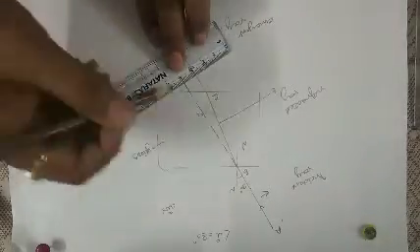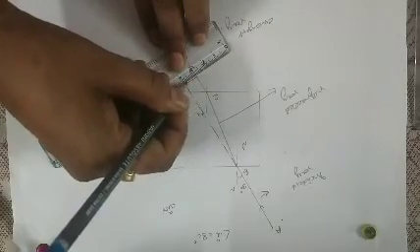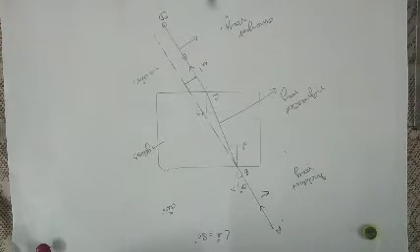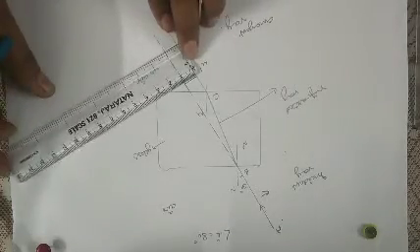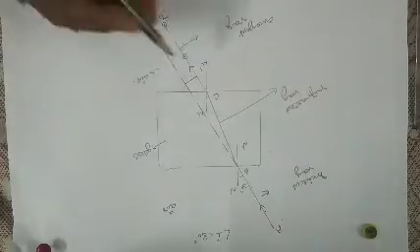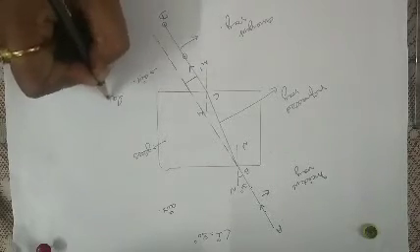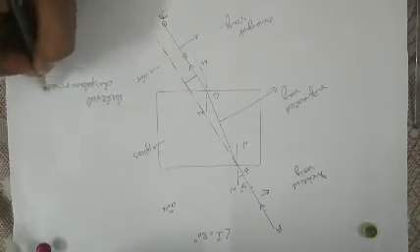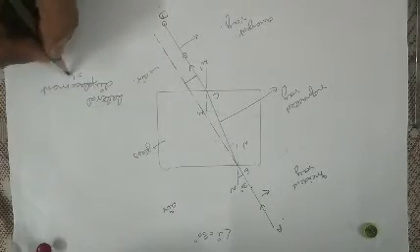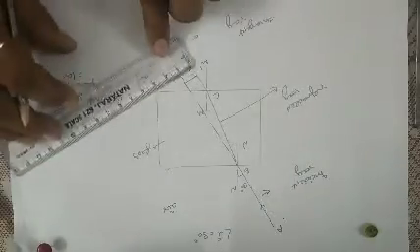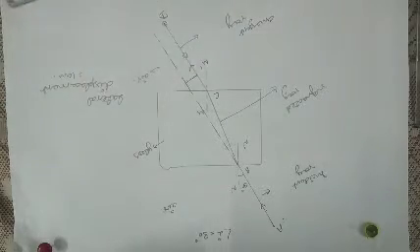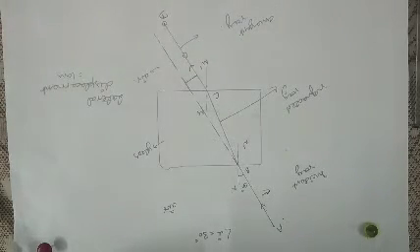Got it? Now, by how much distance it deviates from its path? Draw a perpendicular. This is a perpendicular distance between these two rays, emergent ray and incident ray. Even we can measure this distance also. This is of 1 centimeter. So this particular distance is said to be what? Lateral displacement. Here it is coming nearly equal to 1 centimeter. So by this much distance the ray deviates from its path.